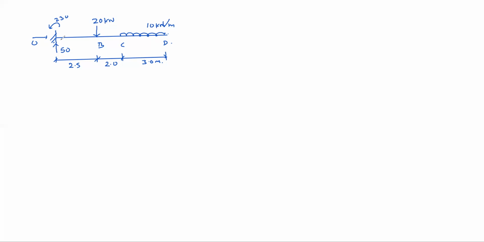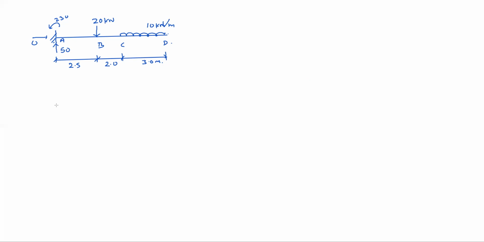Now at any point you can find shear force. Suppose in between A and B, how much is the shear force? Just see one side. On the left side, a 50 upward force is there, so shear force is 50 positive. In between B and C, on the left side there is 50 upward and 20 downward, net is 30 upward. So 30 is the shear force. Like that, in between C and D, we can see how the shear force changes.